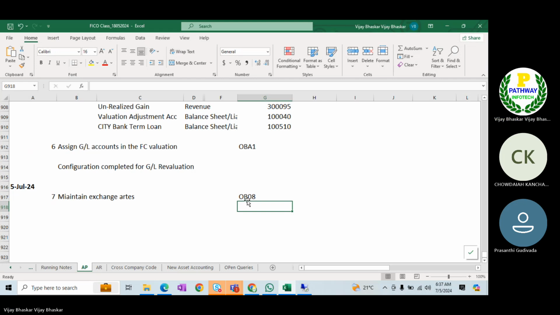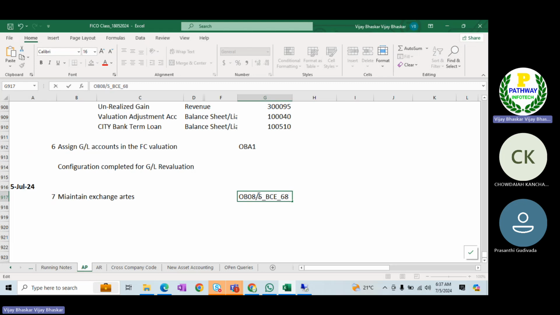OB08. Or else there is another transaction code, S_ALR_BCE_68000174.